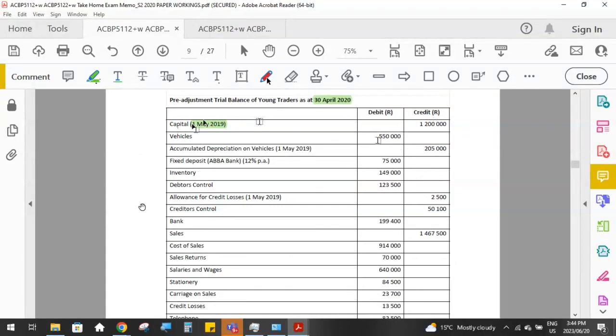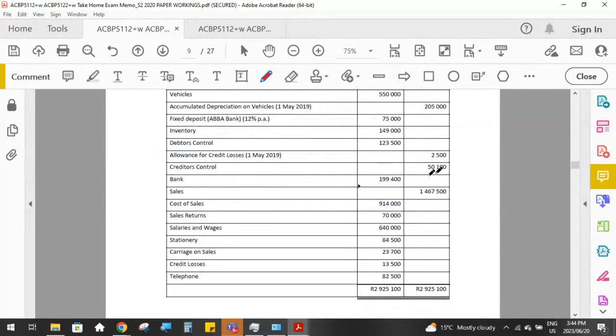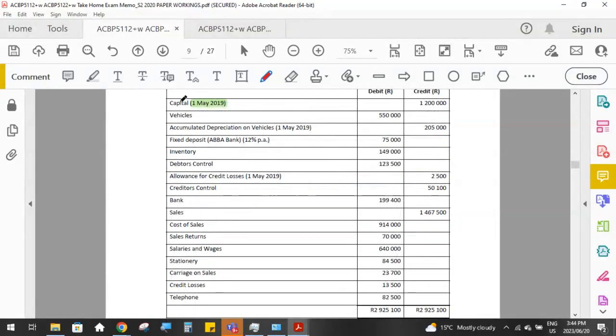We've got vehicles and accumulated depreciation on vehicles. We've got a fixed deposit that we earn interest at 12% per annum on. Trading inventory, debtors control. We've got an allowance for credit losses. So remember, the allowance for credit losses belongs with debtors control, just like the accumulated depreciation belongs with its asset account. We've got creditors control. We've got money in our bank because it's on the debit side, so that means it's a positive bank balance. So all of those accounts from capital up to bank